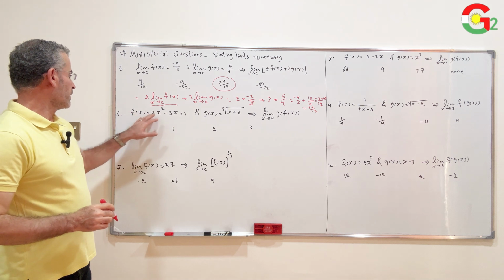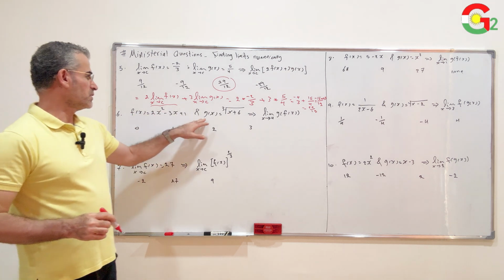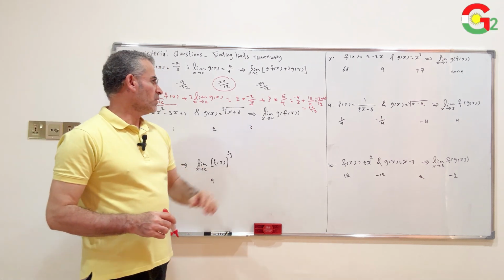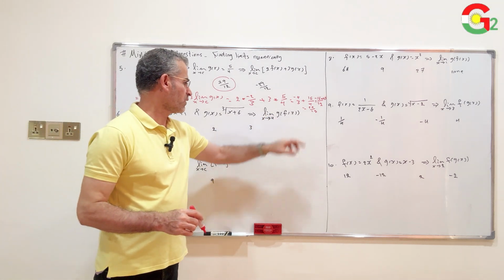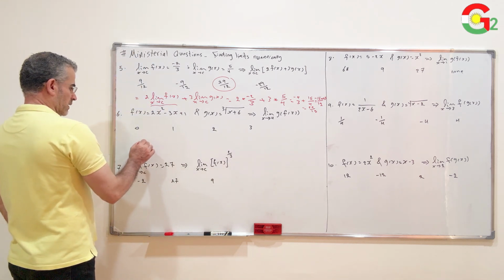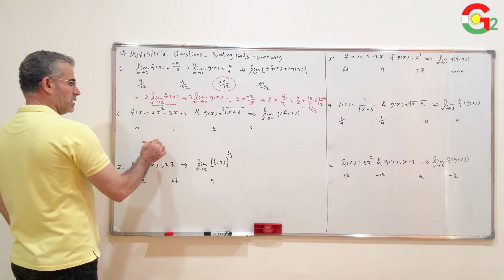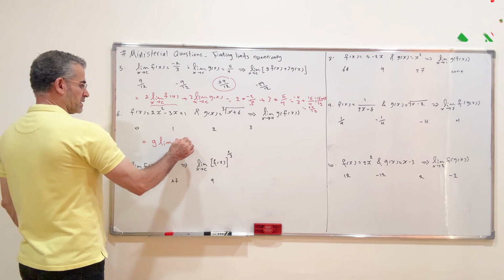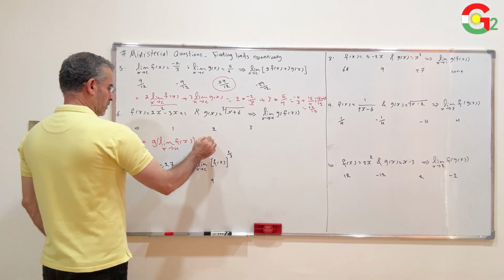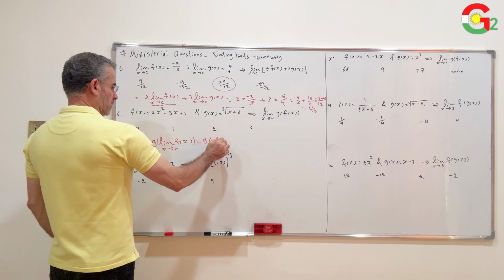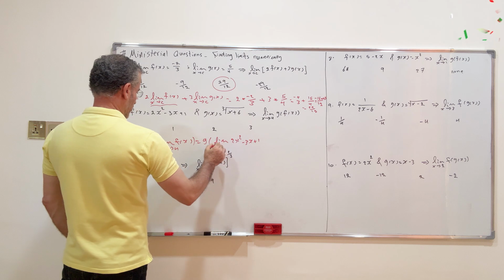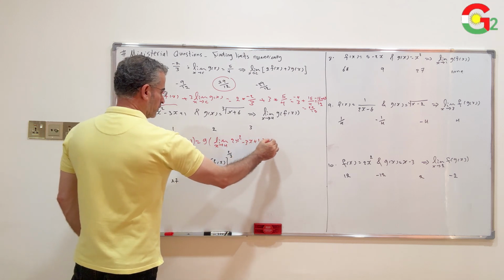Number 6. f of x equals 2x power 2 minus 3x plus 1. g of x equals the cube root of x plus 6. Find the limit of the composite function g of f of x when x approaches 4. This limit I can rewrite as g of the limit of f of x, it is 2x power 2 minus 3x plus 1, when x approaches 4,